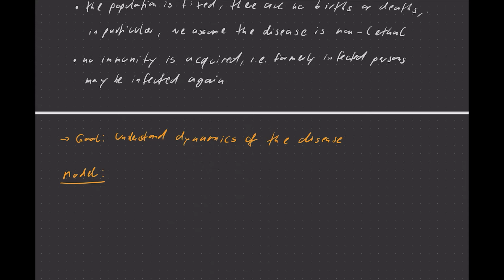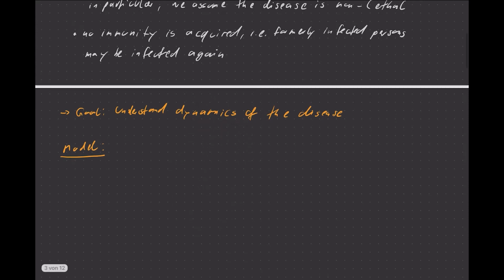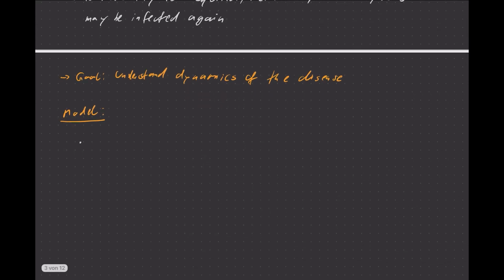There's two parameters in that model, and that is, first, the number of currently infected people, and second, the number of currently healthy people in the population. And we call this d_t, so that will be the number of people that have been infected by the disease at a certain time t, and we just use the number of weeks for t. So this is the number of infected people